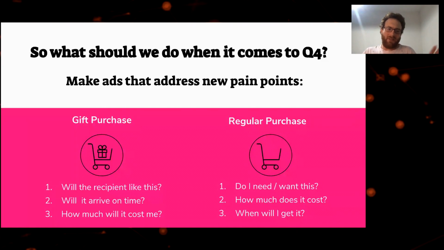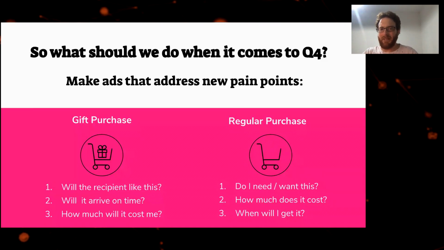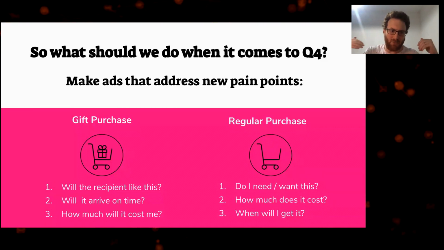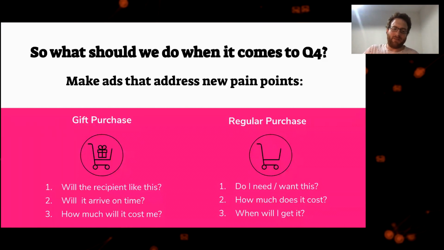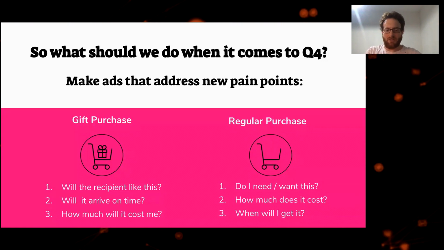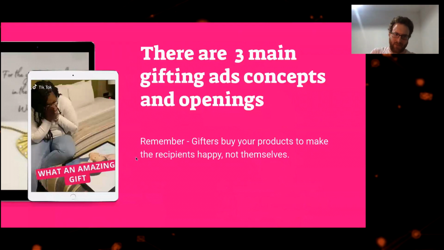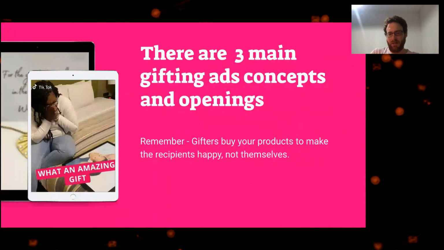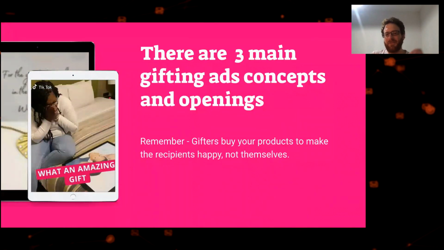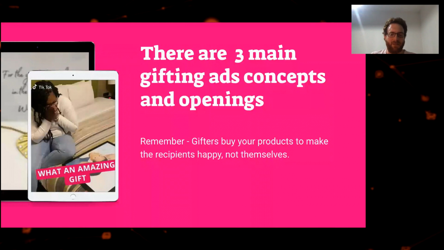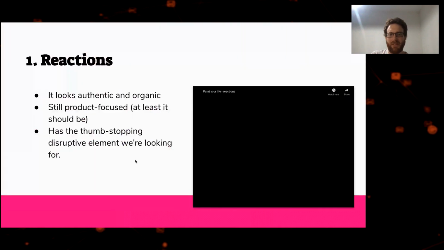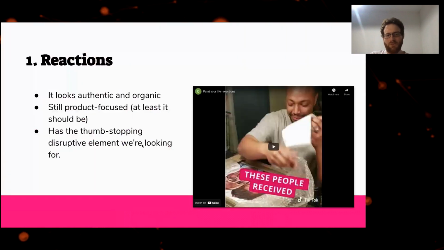With a gift purchaser, it's a different ball game. What we want is people thinking, wow, this is an amazing gift that he or she, whoever the recipient is, will love. Then what bothers them is usually, will it arrive on time for Christmas if it's a gift? And only then things like how much will it cost, customer service, and so on. So I want to talk to you about the 3 main gifting ad concepts and openings that I found to be working for us. You need to remember that the gifter is buying our product to make someone else happy, not themselves. So with that in mind, the first type of creative that always works best for us is